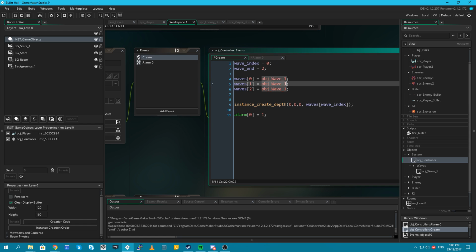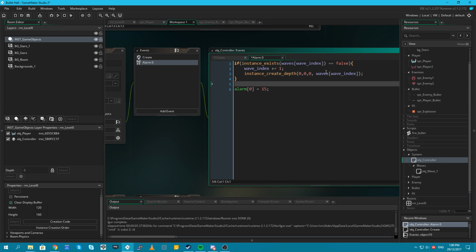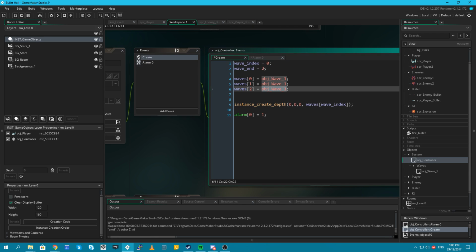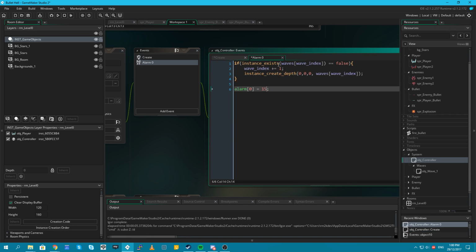So we've got the first wave, the second wave, and the third wave. Create the new wave, then loop the alarm again. And then we say if wave index is greater than wave end, so wave end should be 3. So if wave index equals wave end, then we don't create.